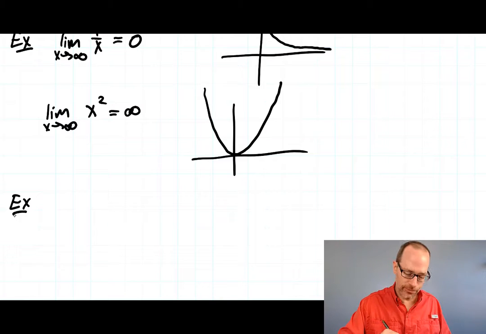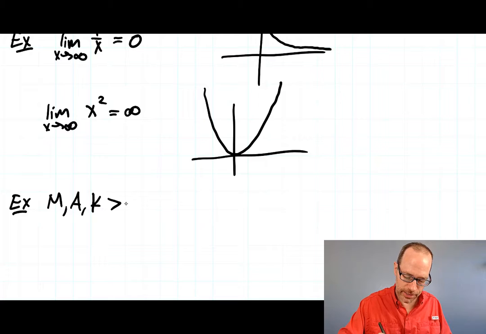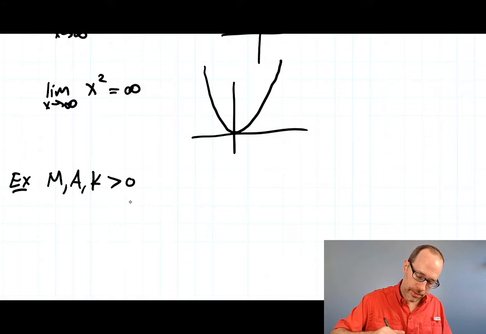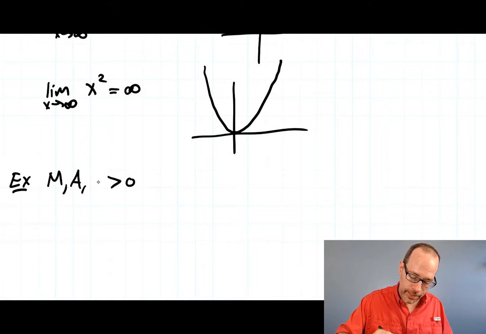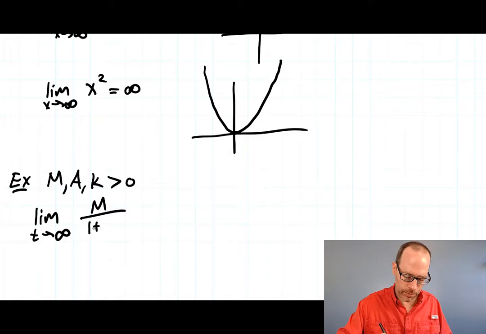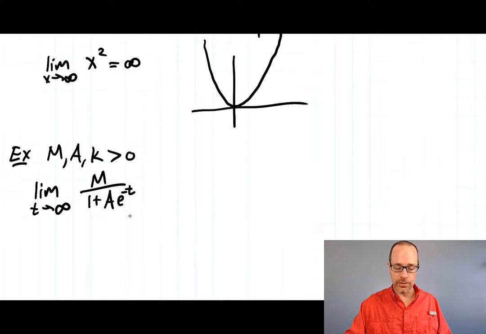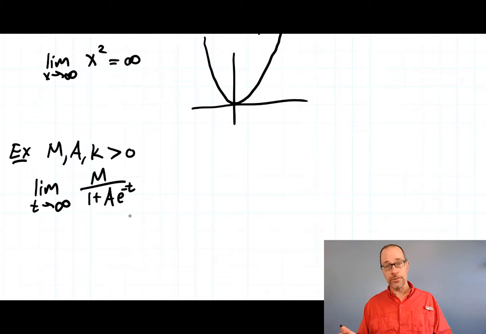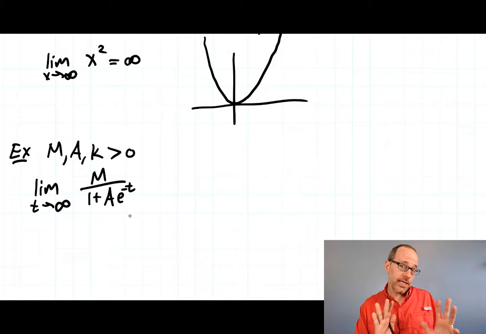Let's see if we can. So here, m, a, and k are constants that are bigger than 0. And then let's look at this. See if we can figure out the limit as time goes to infinity of the function m all over 1 plus a e to the minus t. Okay? So at first, this looks a little bit complicated, but you just want to take it slowly,